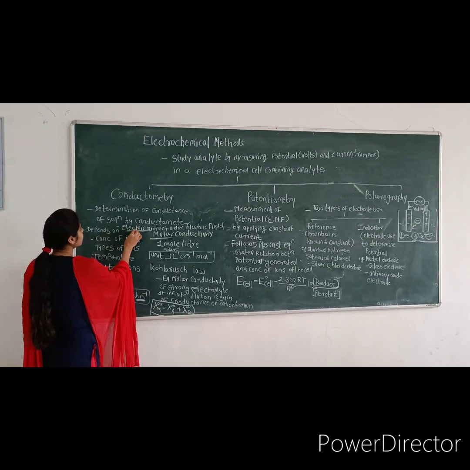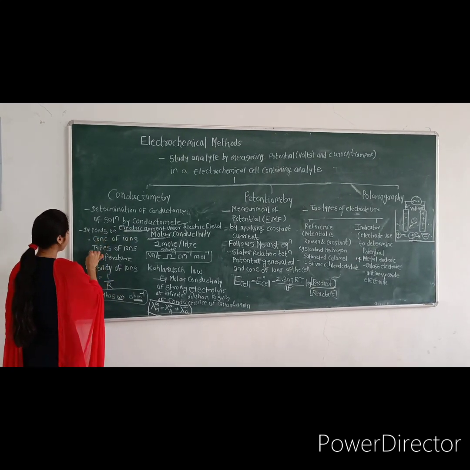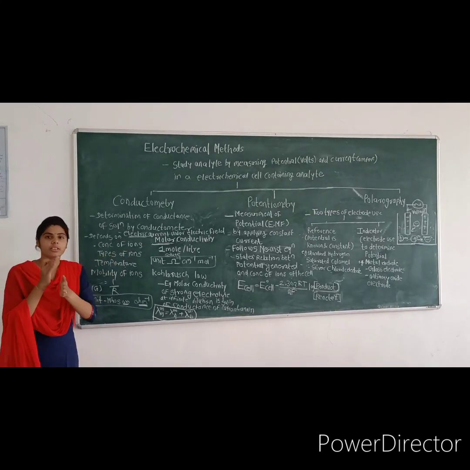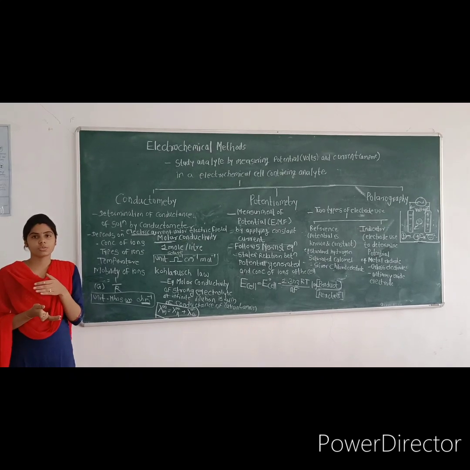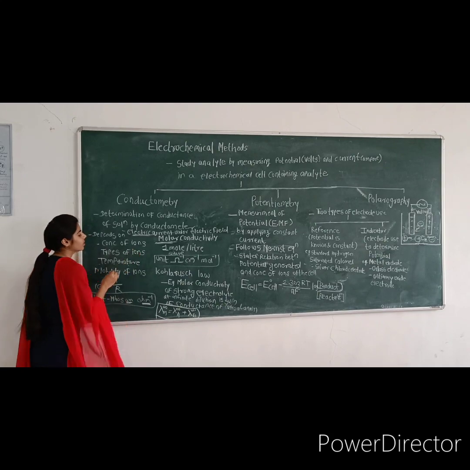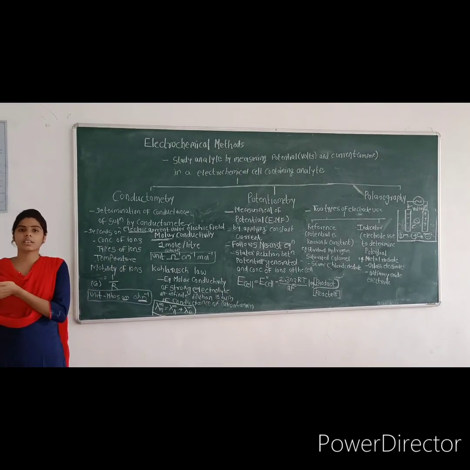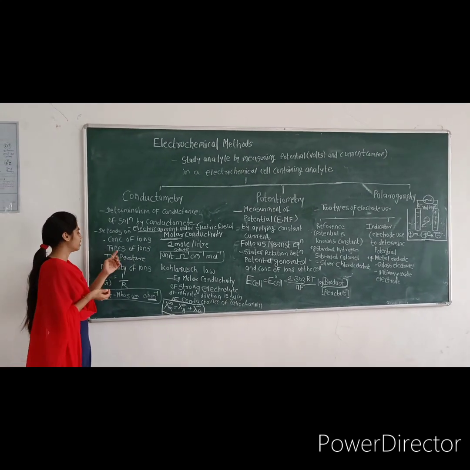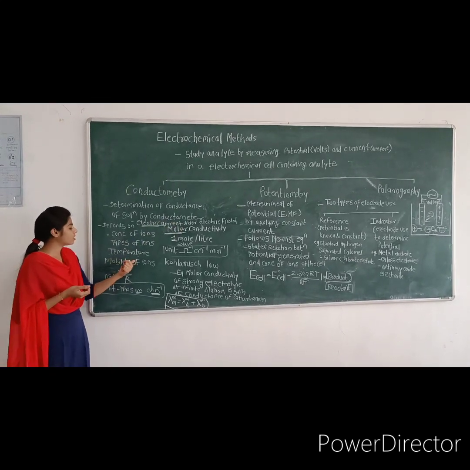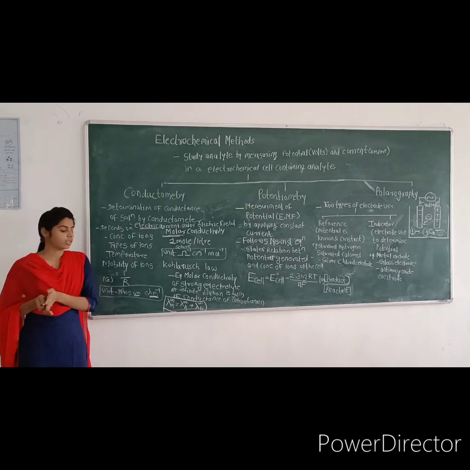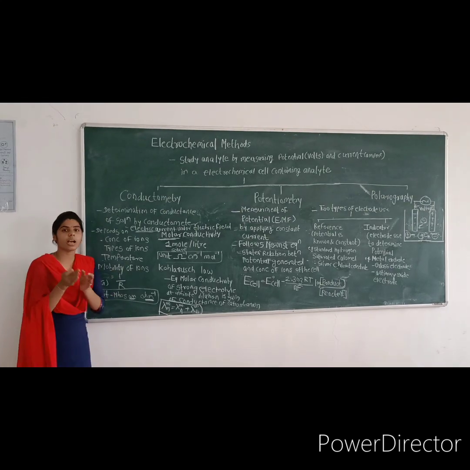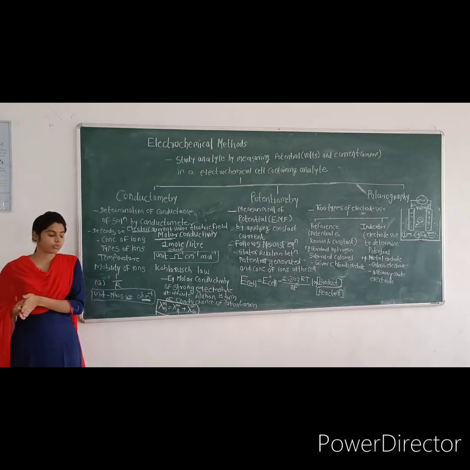This conductance depends on four factors. First is concentration of ions. If the concentration of ions is more, the conductance of solution, that is conductivity, is more. Then type of ions, whether it is cation or anion, single charge containing or double charge containing, on that type the conductance is affected. Third is temperature of our solution. Then last is mobility of ions. Mobility means the ability of the ions to move towards the respective electrodes.